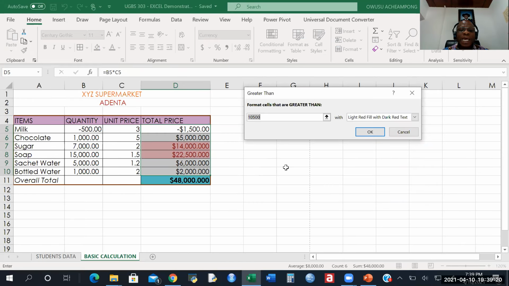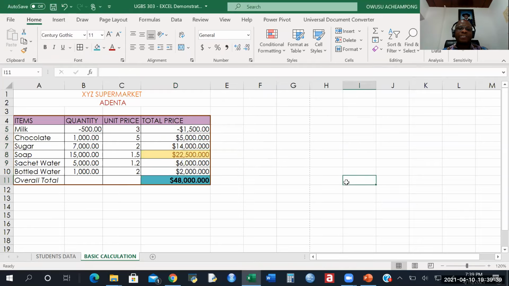So if I want to highlight them, you see that it has already highlighted these two for me because it has given greater than 10,500. That's not what I want. So I just want to say I want the one that is greater than 150,000, and I say it should highlight it yellow with dark yellow text. Okay, then you see that only that one has been highlighted because that's the only one that is greater than